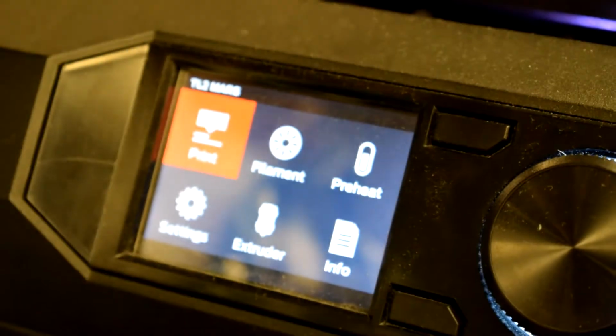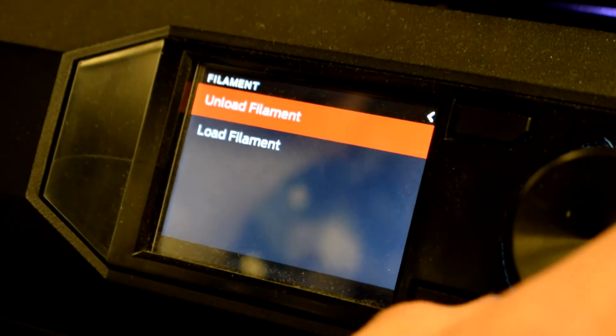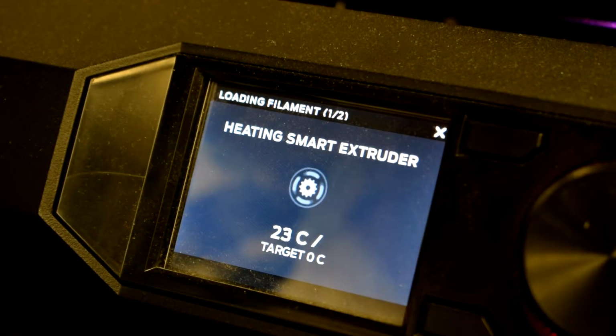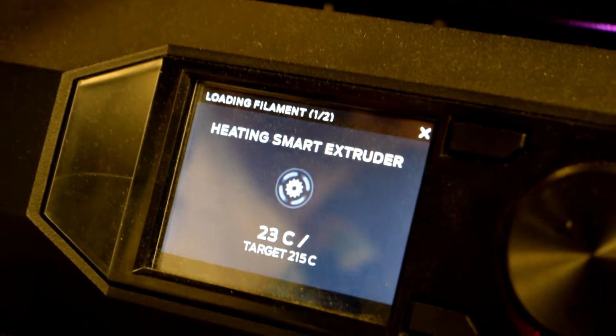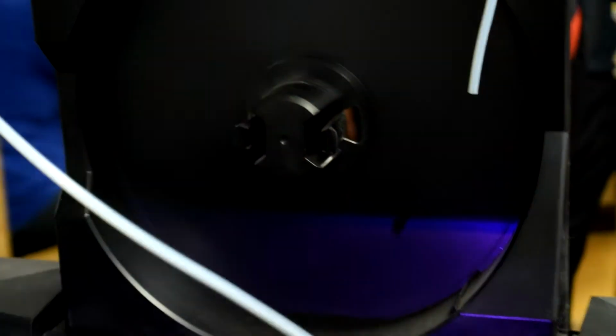In order to load filament, first you'll look at the MakerBot screen, scroll over to filament and press in the knob. You'll search for load filament and press in one more time. Once you press load filament, it'll start to heat up the extruder, and then you just have to open up the compartment, place your filament spool in,